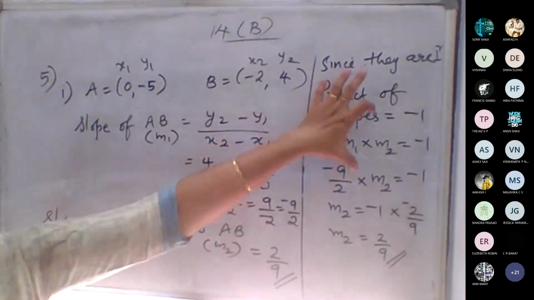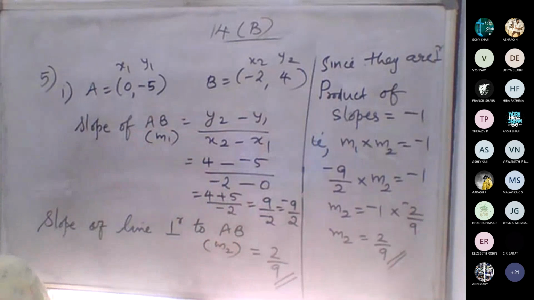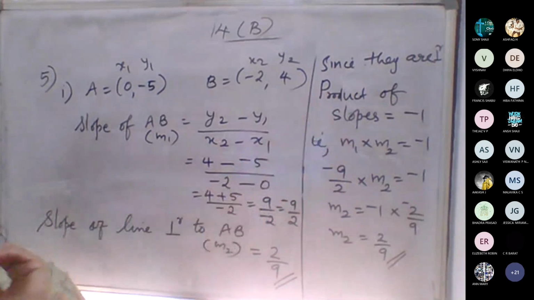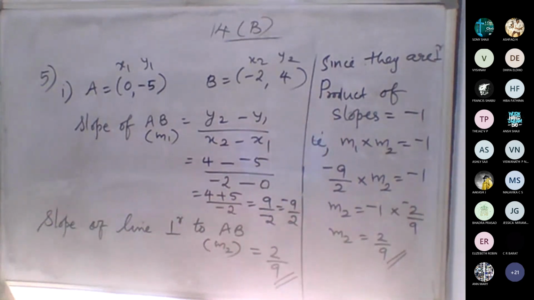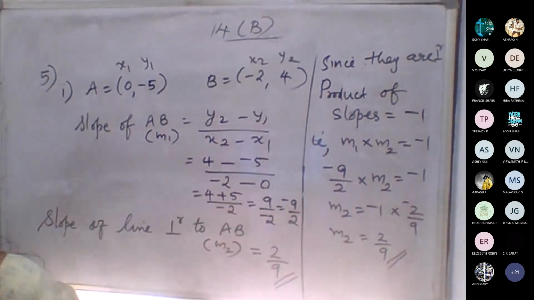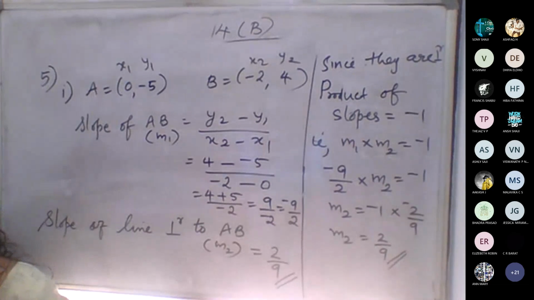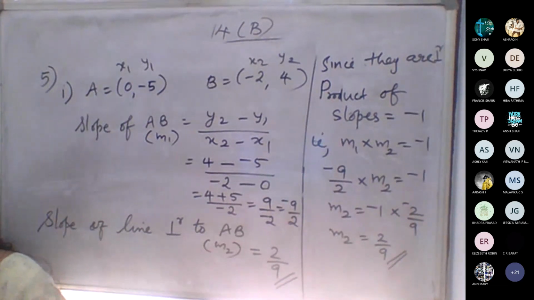Either you can write this in the working column or in the space provided there itself. This is up to you. I don't have space here, that's why I wrote here. Okay. Then what about the second one? Tell me. Fifth set, the second one. A is equal to (3, -2) and B is (-1, 2). Do it.